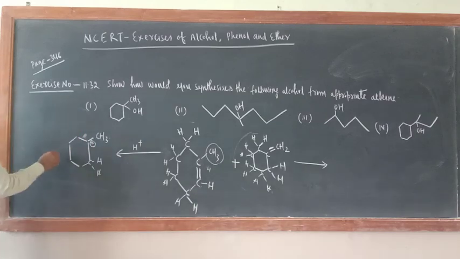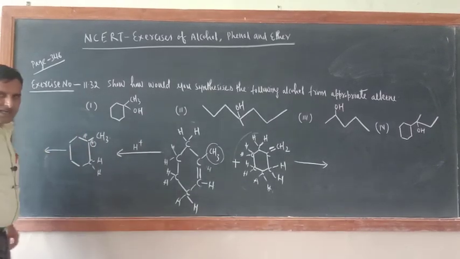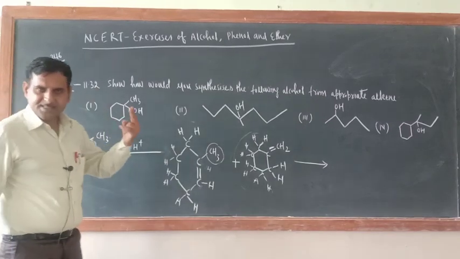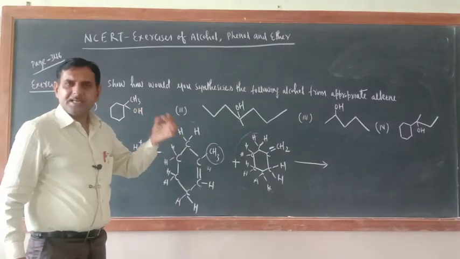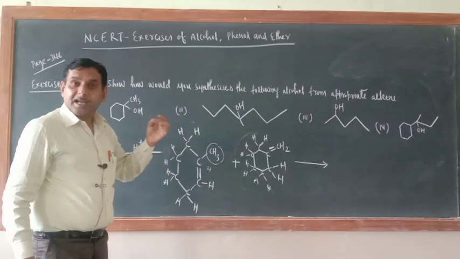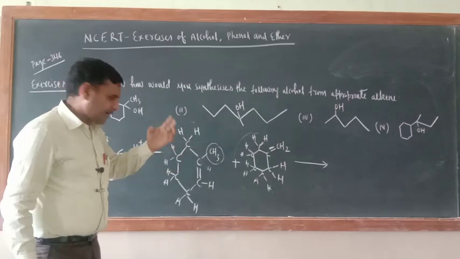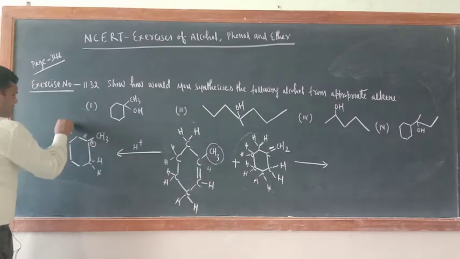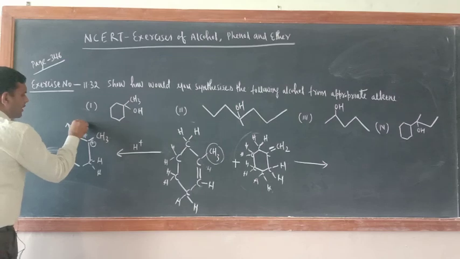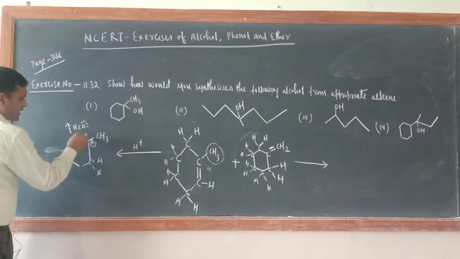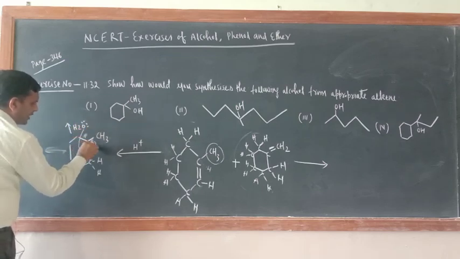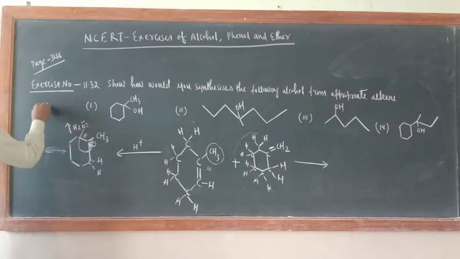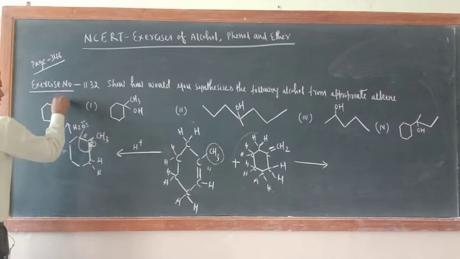Now once this is generated, what is the next step in hydration of alkene? First step is protonation of alkene. Second one is nucleophilic attack of water molecules. So just see, I will write H2O this side. Here nucleophilic attack is there. So this will attack here only. So now what you will get? Just see, this and this. What is this one? CH3, and here what is there?